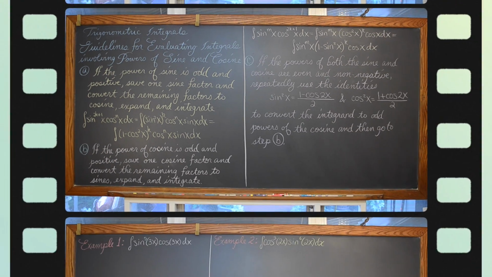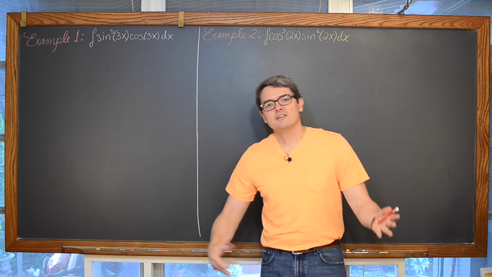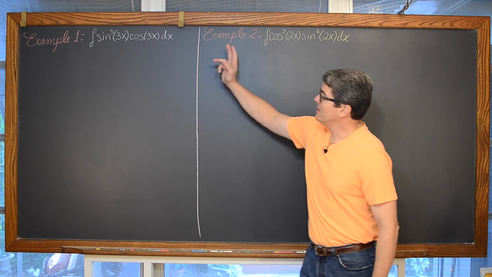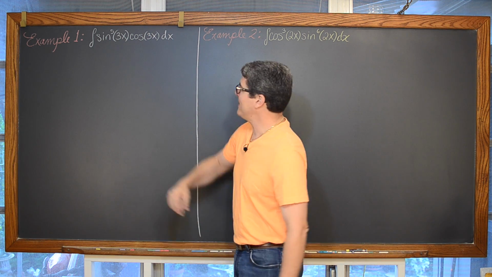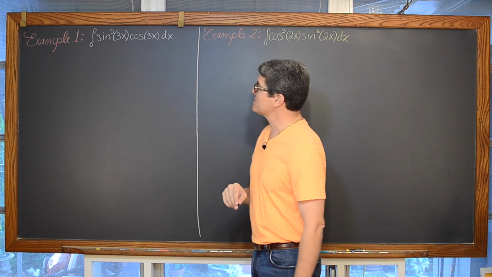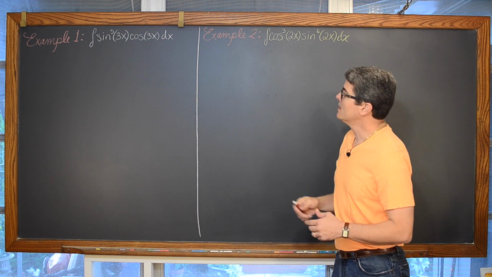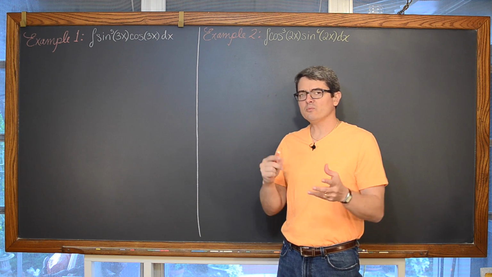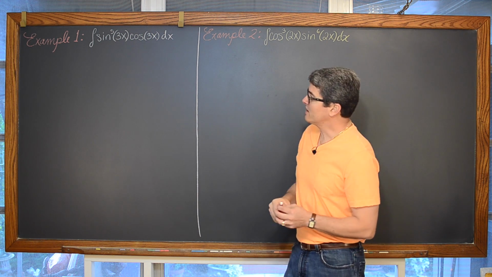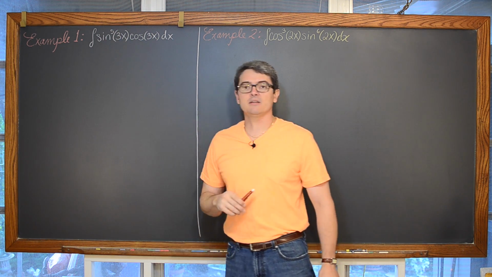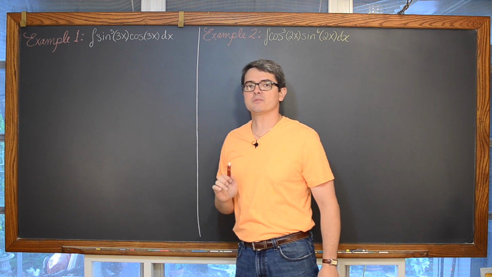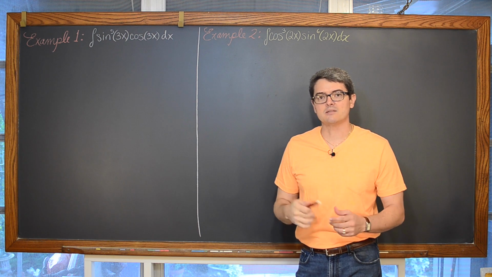So like always with my videos, I will tend to go from easy to hard, and here we are looking at our easiest example of the 5. We're going to find the indefinite integral of sine of 3x to the 5th power times the cosine of 3x dx. Now, don't read those guidelines too literally, because you'll see that we have the sine of 3x being raised to an odd power. So let's save one of those sines and convert the remaining sines into cosine.